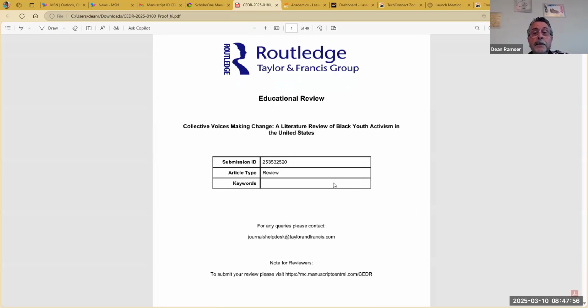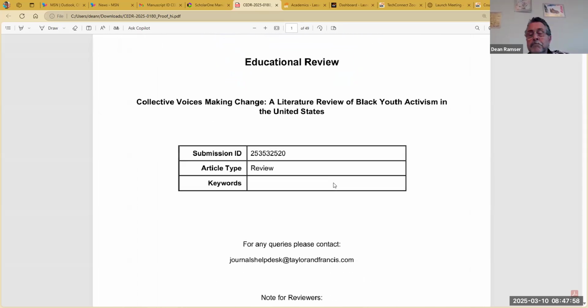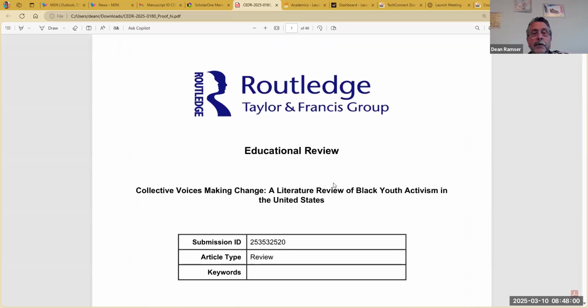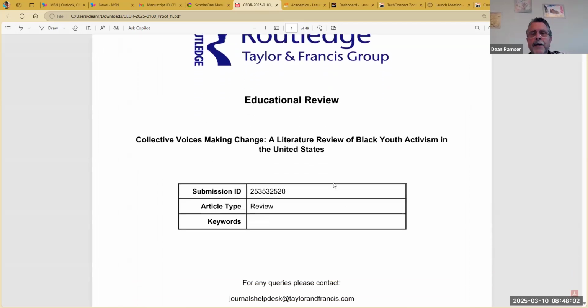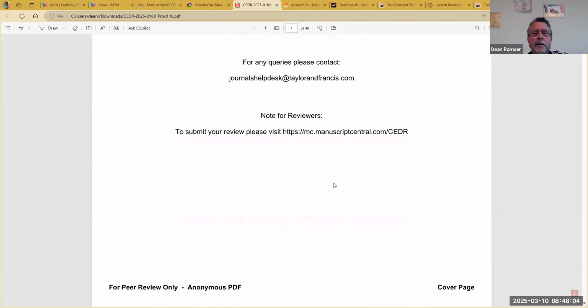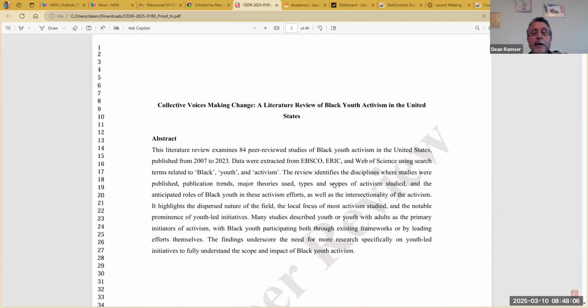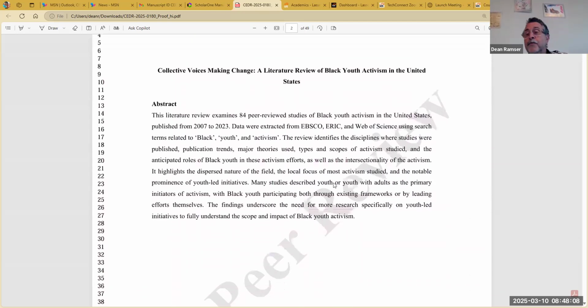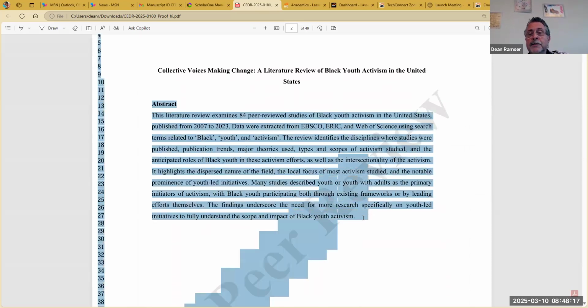Okay, so here's how it's set up for those who want to go into graduate school. They'll have a cover page, and it's organized differently. This one is 49 pages long. Your essays are about 5, 6 pages long, so it's a little different. They'll have an abstract that summarizes what this article is about,